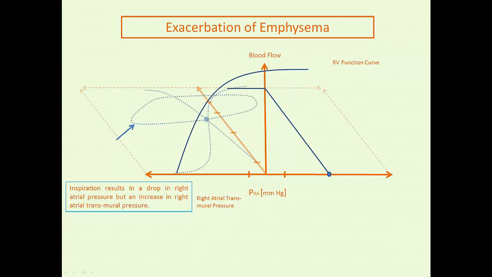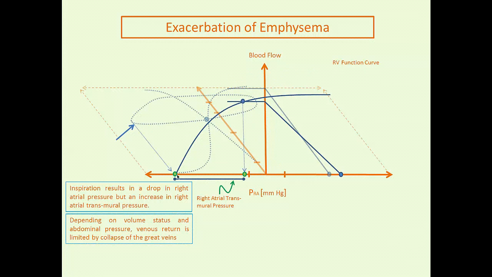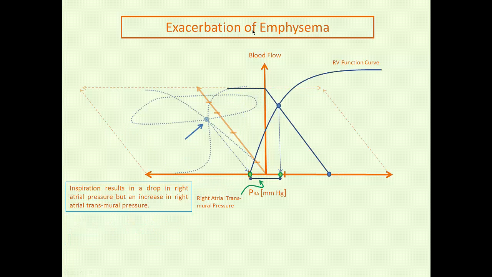When you inspire, therefore, the right atrial pressure will drop along with the drop in intrathoracic pressure. Now, what does that do? So take a look at this again. Remember that the Guyton analysis, with blood flow on the y-axis, records the relationship of cardiac function and venous return, and this then becomes the operating point of your right ventricle, and that is the right atrial pressure,